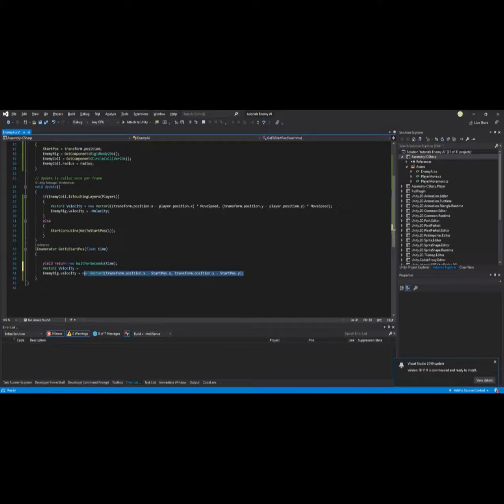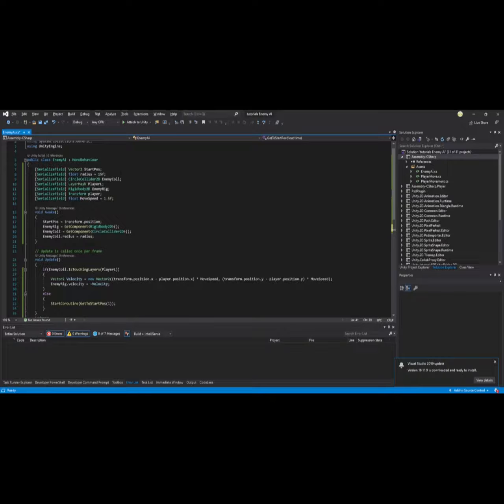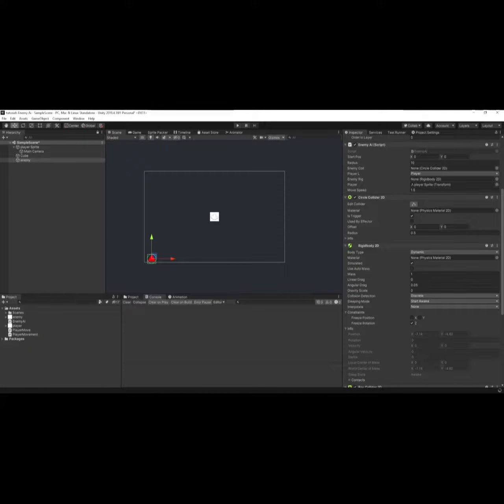We don't want it equals that. We want it to be using the minus of velocity. Why do we want to do that? Well, because if we are adding on power, it will just, as you just saw. So save, go into Unity again,